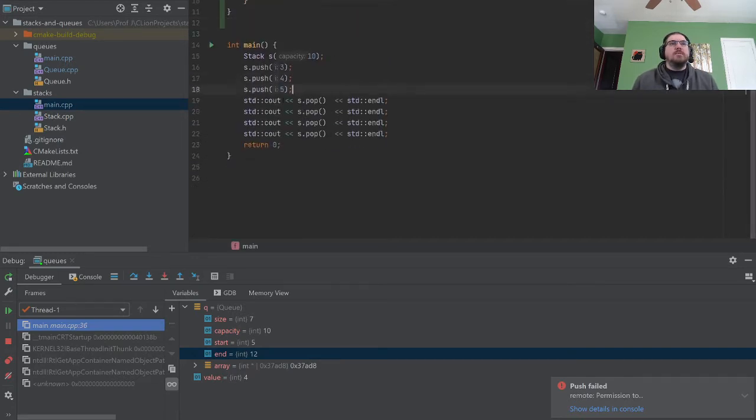Okay, so what do we want to assert about this pop statement? What do we expect to come off of this? Well, if this was a queue, if I push 3, 4, 5, I would expect 3 to be the thing that comes out of the queue. Stacks work in the opposite manner. They're like an actual stack of things, right?